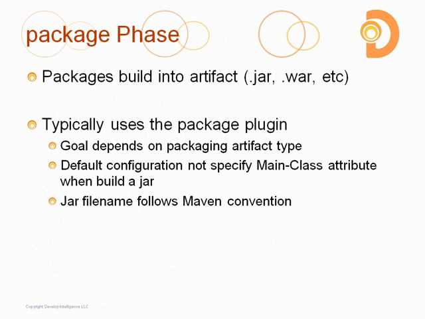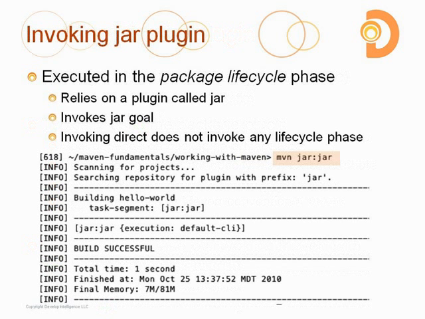So we've talked about the package phase. The package lifecycle phase is dependent upon the package plugin. We've already gone through and discussed how the package plugin doesn't really create my own standalone complete jar. It just builds a jar as a library. If I wanted to bypass the entire lifecycle packaging and just package something directly, again, I could use the plugin